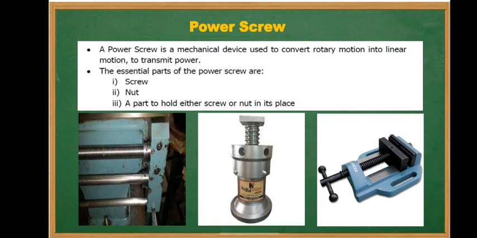First is the nut is stationary and the screw moves in axial direction, as in the case of a lead screw. So, in the first figure you can see the lead screw of a lathe machine. The second case is where the nut is kept stationary and the screw moves in axial direction, that is in the case of a screw jack.